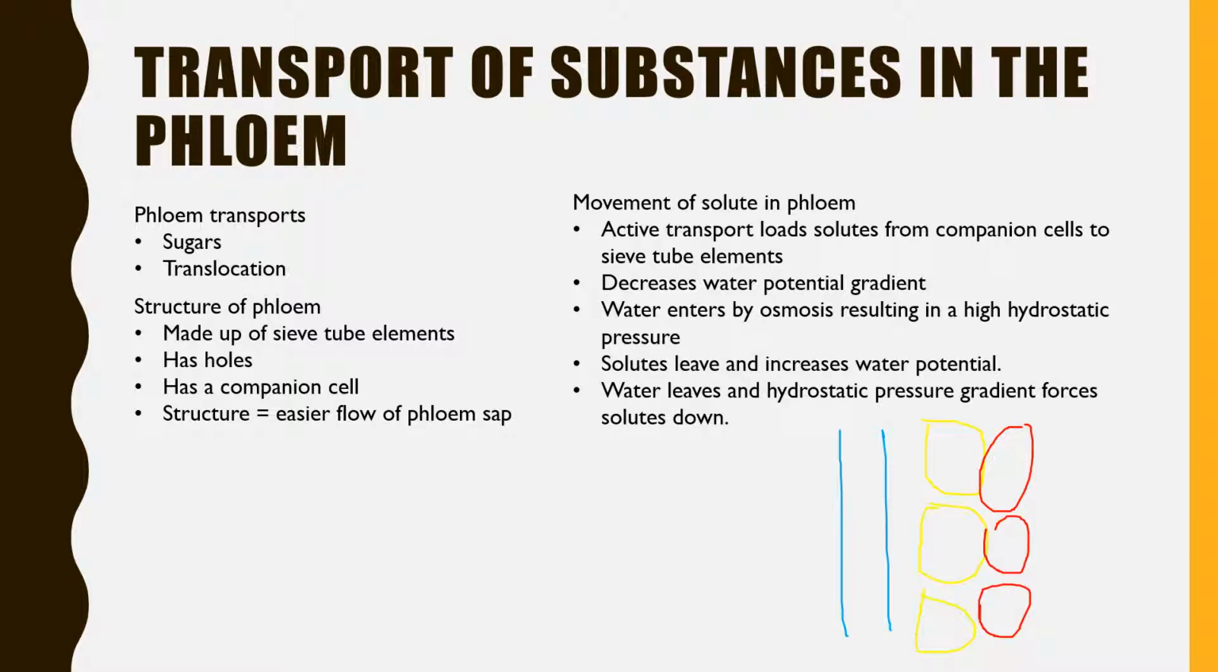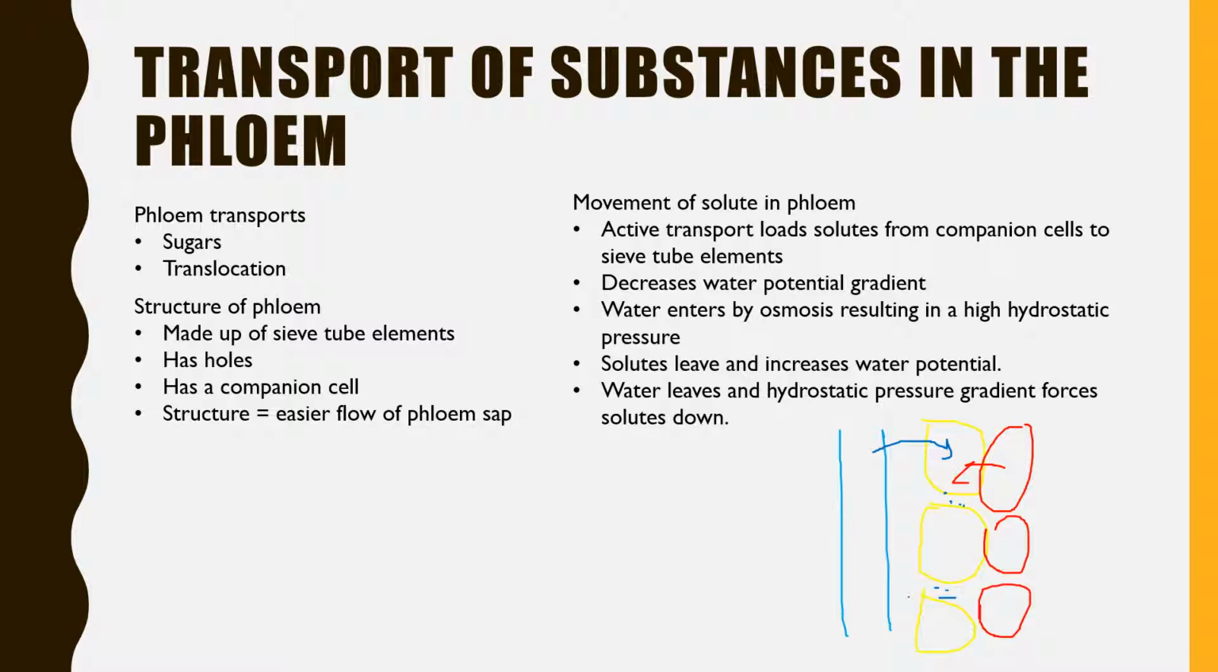So the solutes load from the companion cell, creating a low water potential, which causes water to move in to the sieve tube element. Keep in mind there's little holes that the solutes can travel down. So because of this, now a normal water potential gradient has been established, because remember the solutes help lower water potential. Now at the bottom,